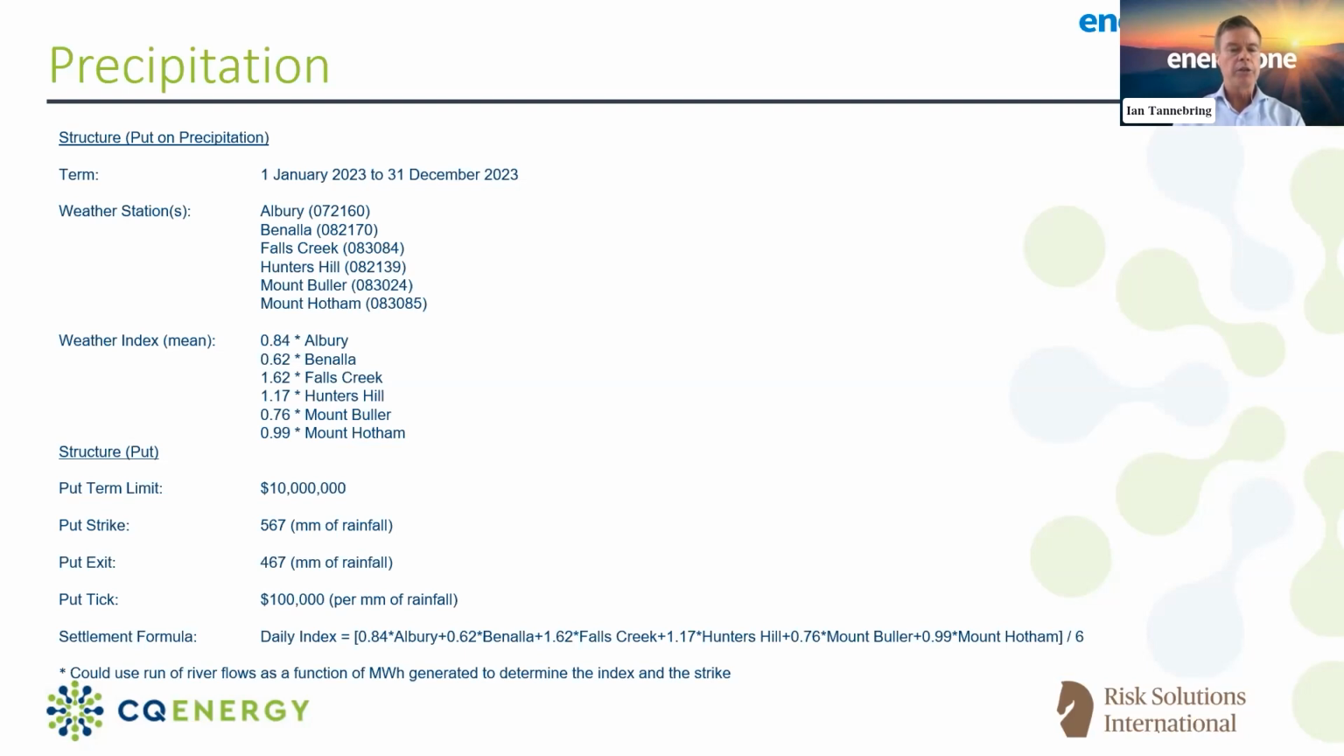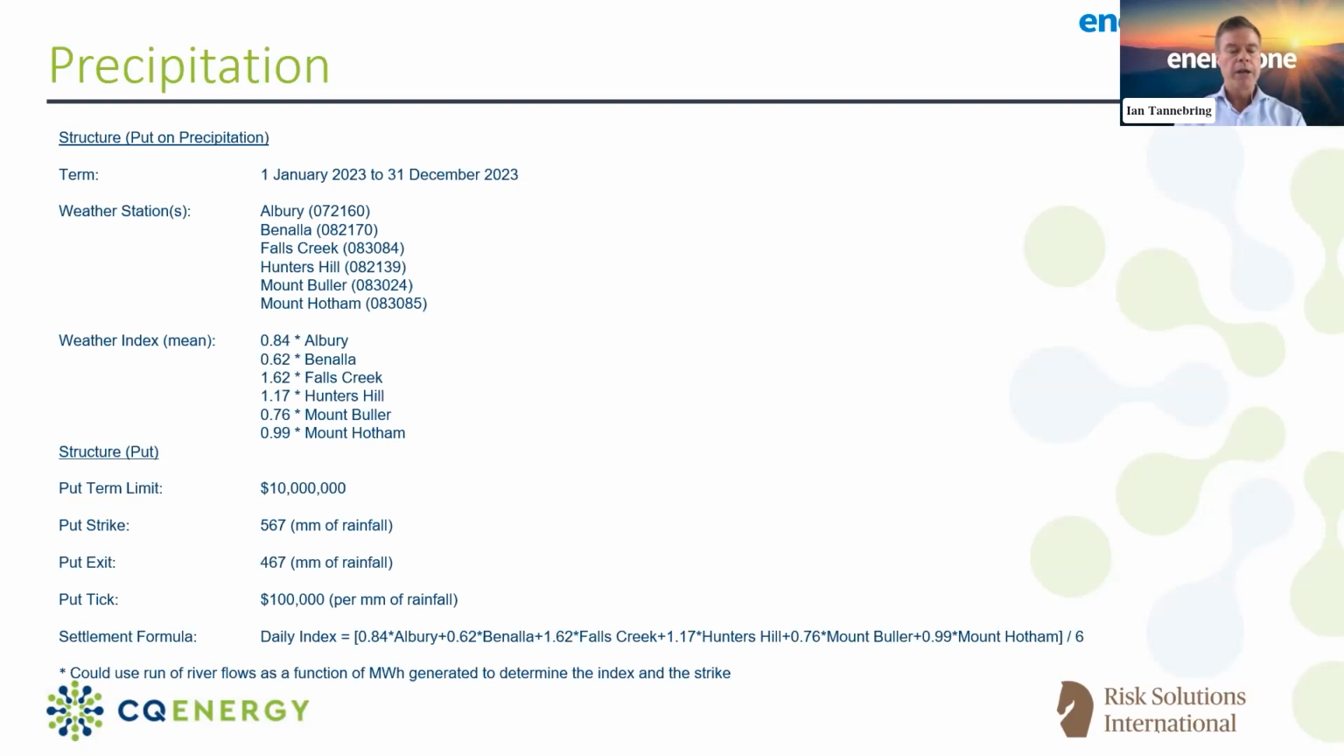So you can see that there's 6 weather stations. They each have a correlation factor, which actually determines their weather index. And you can see down the bottom of this slide the settlement formula, which takes those correlation factors by the various rainfall measurements at those weather stations on a millimetre basis across a day, and then determines over the risk period what is the total amount of rainfall that's occurred across this portfolio or this basket of